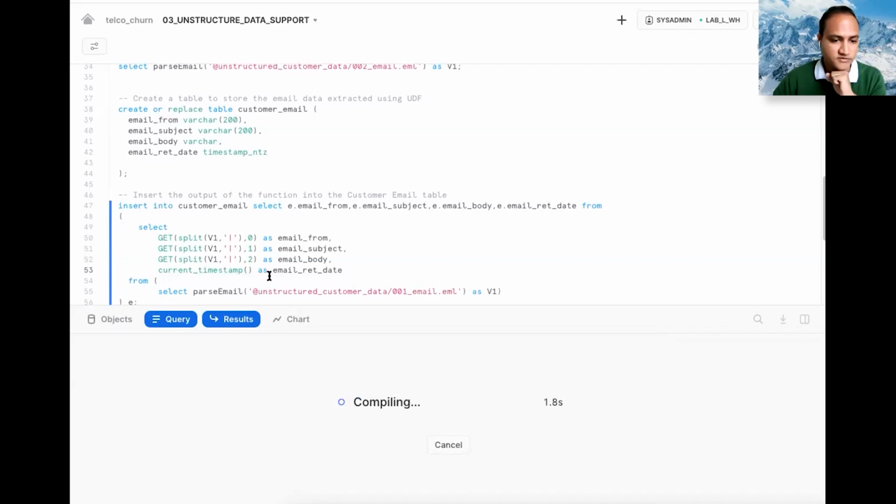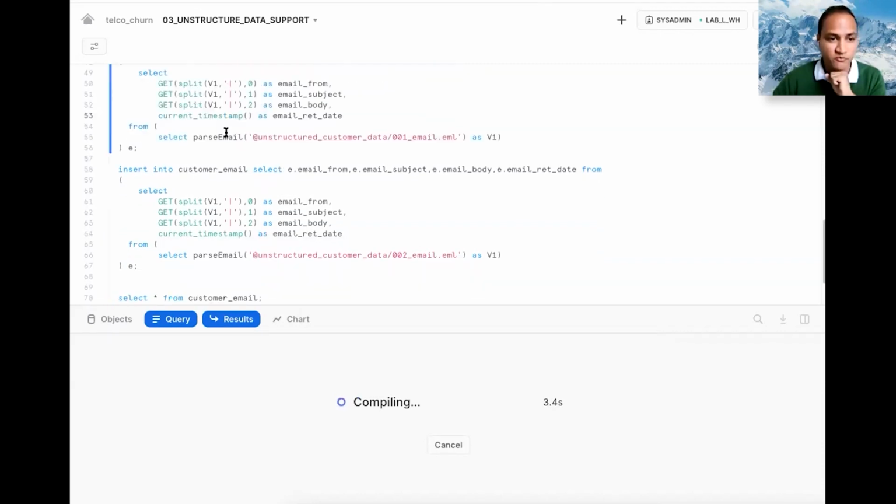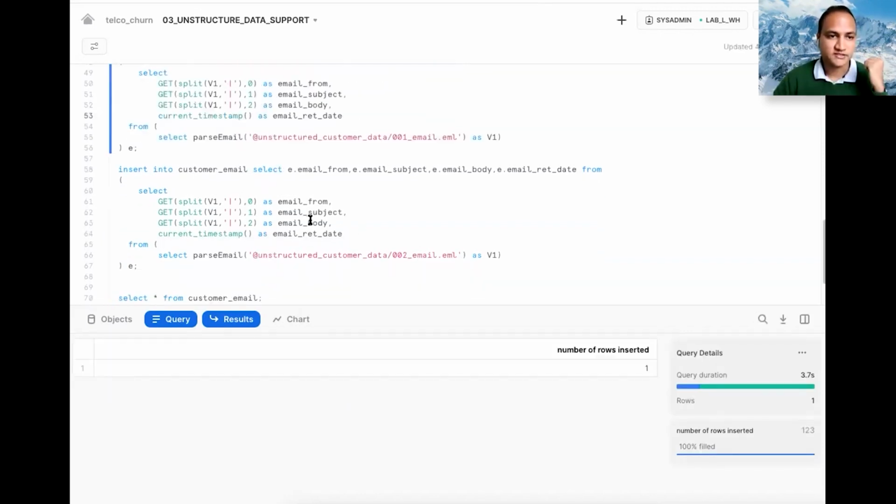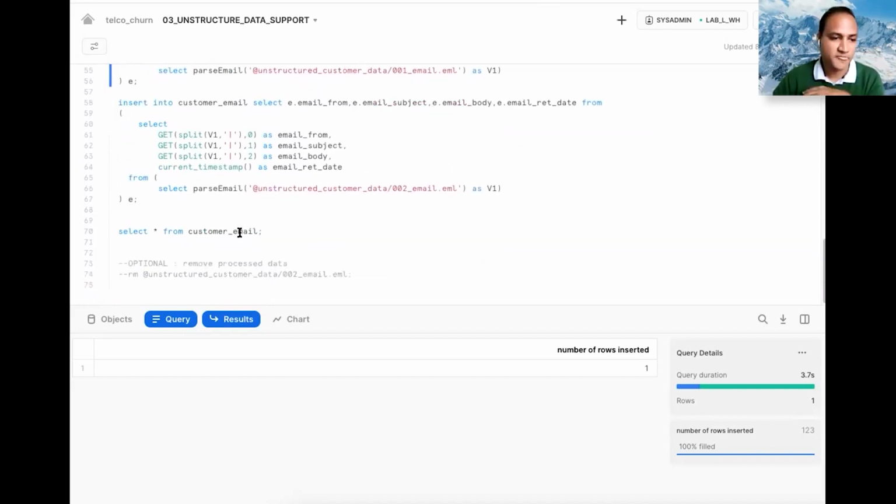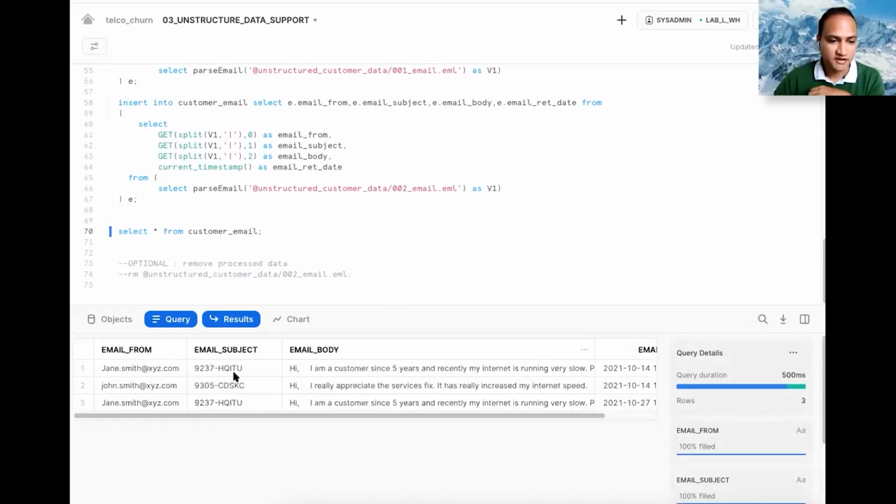Once I process this information, I can do this for each email, or I can create a procedure to run this for all the emails that I've received in the day. Once I do that, I can see that the email information is now saved, and the body of this email can be used to process the sentiment of the customer, whether they are trying to get rid of the service,